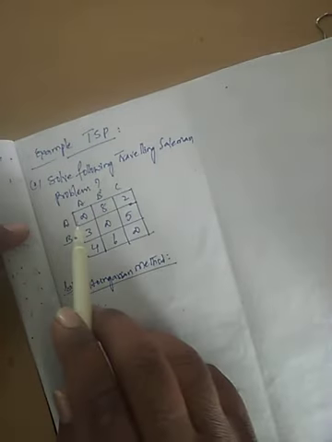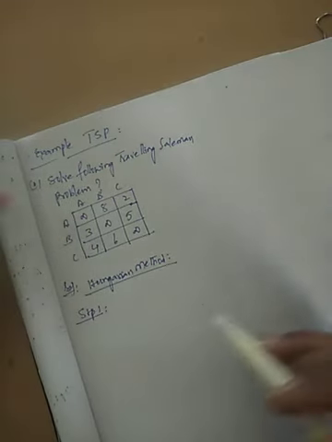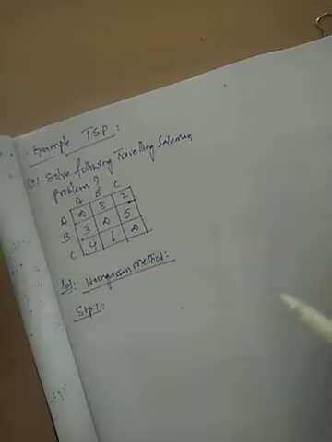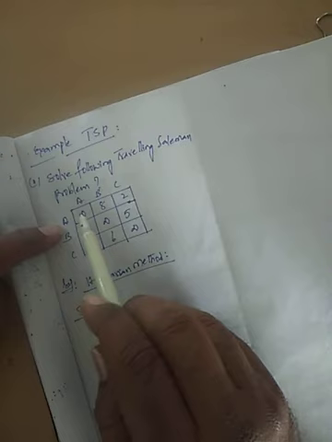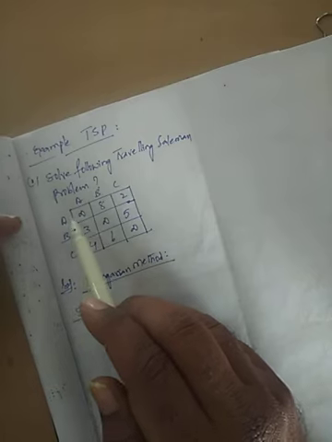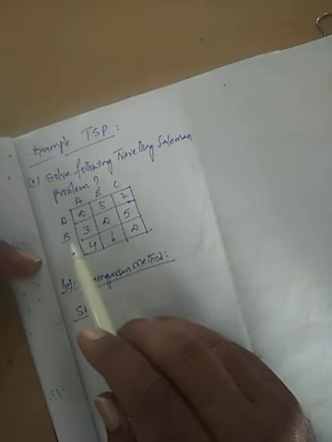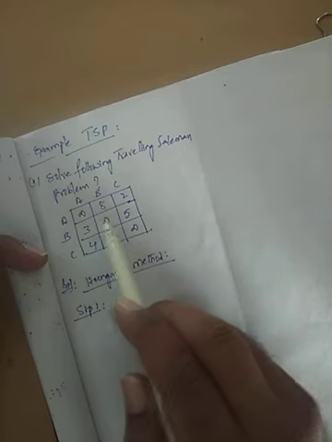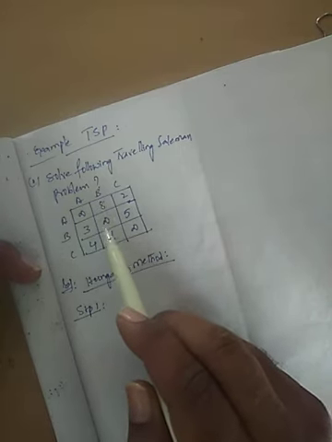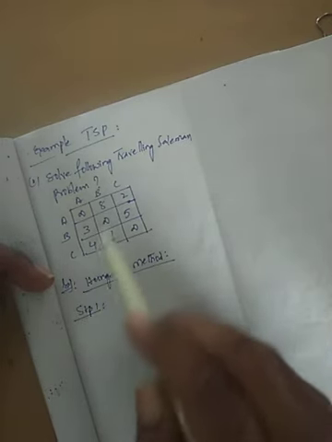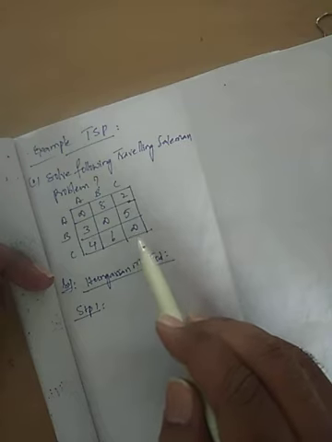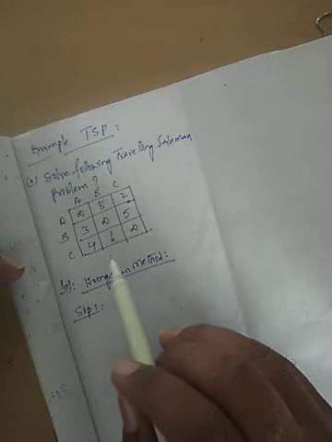Now if you observe the diagonal, what are the fixed values there? Infinite, infinite, infinite. It's just like a restricted problem. Why? Because from the same city to the same city you should not move more than once. That is the condition. That movement has been restricted. Hence what are you putting here? Infinity. Same way, moving from city B to city B is restricted. Hence the value there is infinite. Same way, moving from city C to city C, same cities, is also not allowed. Hence that information is infinite.